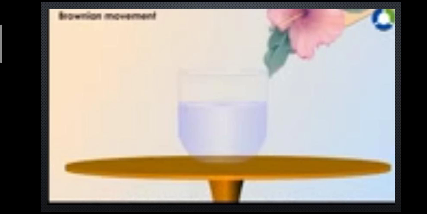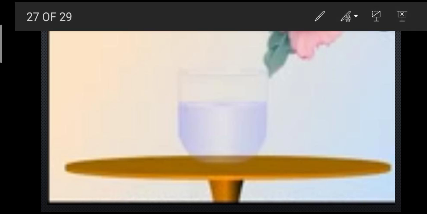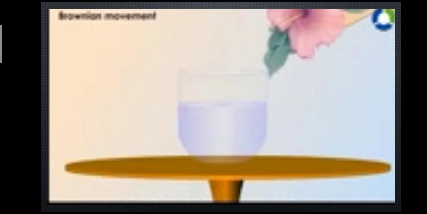For example, let us observe the beam of sunlight entering a dark room. You will find that the dust particles are continuously moving in a zigzag manner, which makes the dust particles move